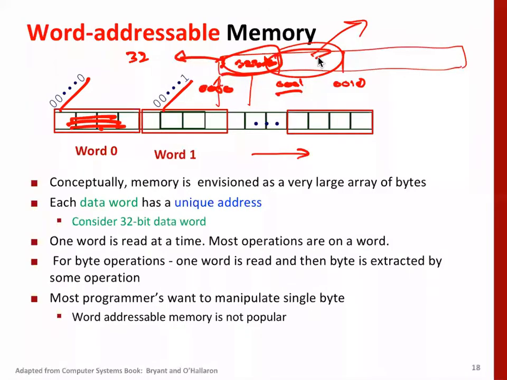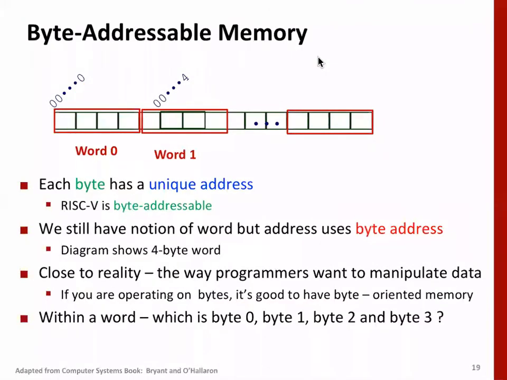Now the second thing is byte addressable memory. It means that each byte of the memory has an address. Suppose you want to fetch 1 byte. The first byte's address is 0000, and you just read this. Now if you want to read the second byte, then your address will be 0001, and so on. This way you can read.